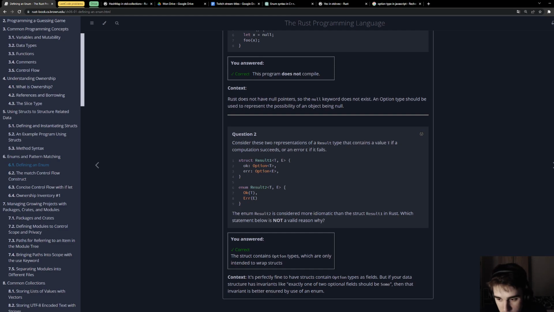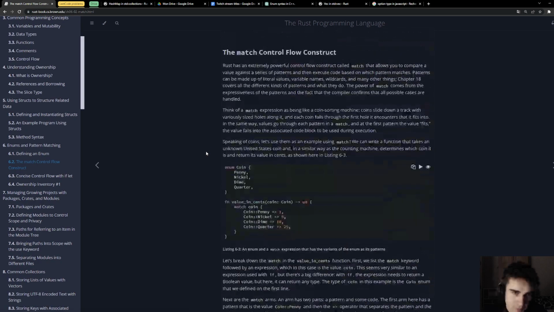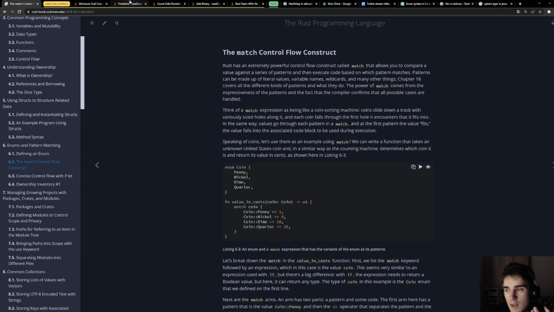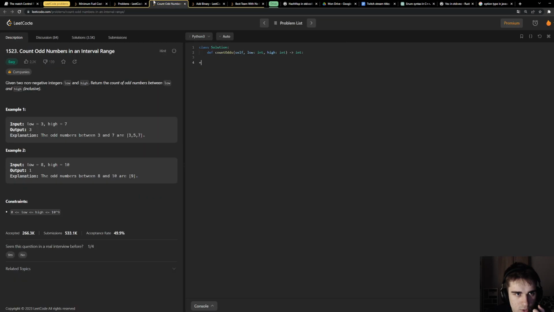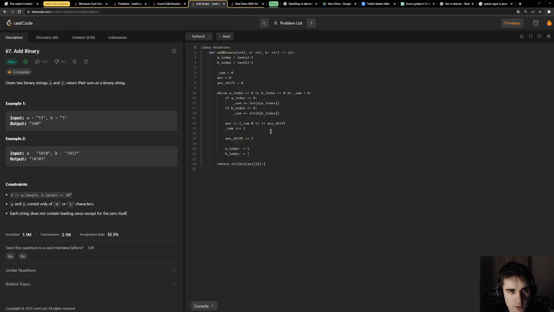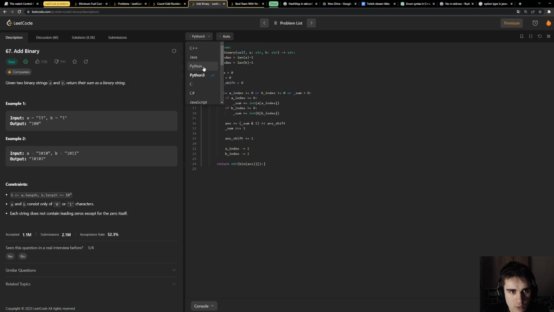Alright, it's almost midnight, which is pretty sad. What should I do? Actually, I think I will reserve this section for tomorrow. I will probably just do some LeetCode problems, the easy ones. I completed this one in Python today, so maybe we can try to code this one in Rust. It's the daily one.